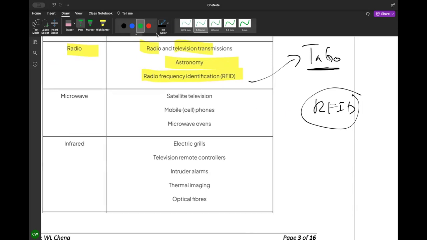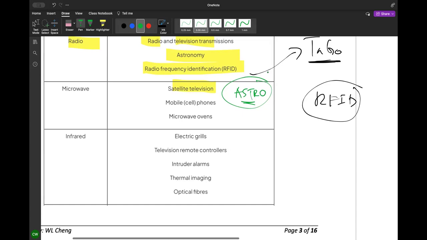Microwave for satellite television. Do you have satellite television at home? Do you have or not? Do you know Astro? Do you have Astro at home? Still have Astro. Is there anything to watch in the Astro? News. Or installed just to watch the news only. Football. Football and news, Astro. I thought they wanted to close shop already. Nobody wants any. Still in operation.